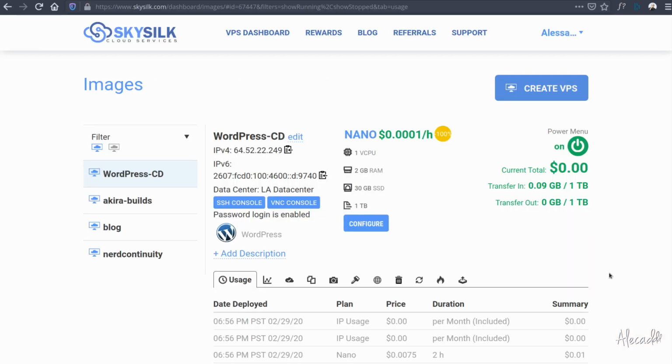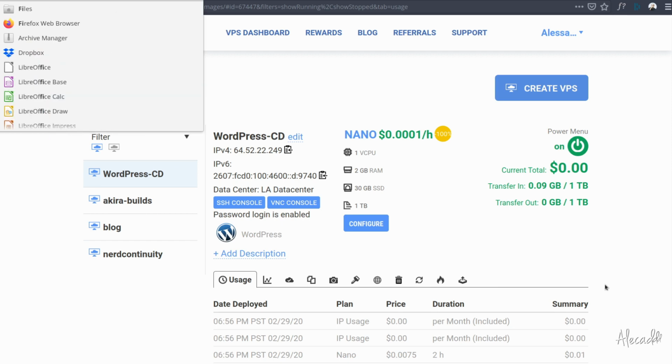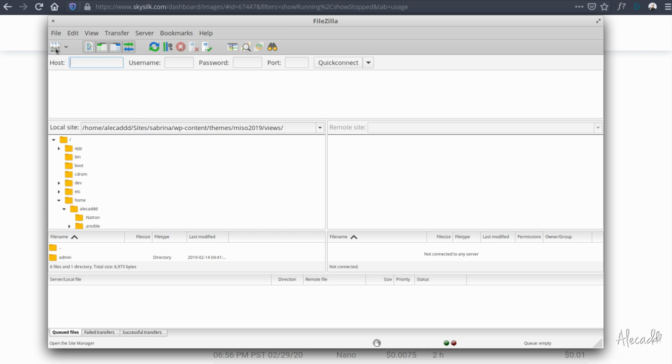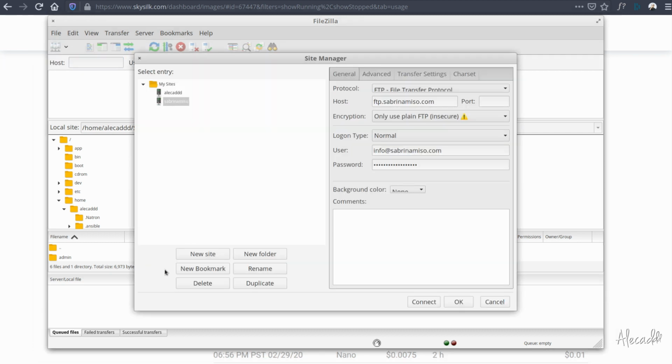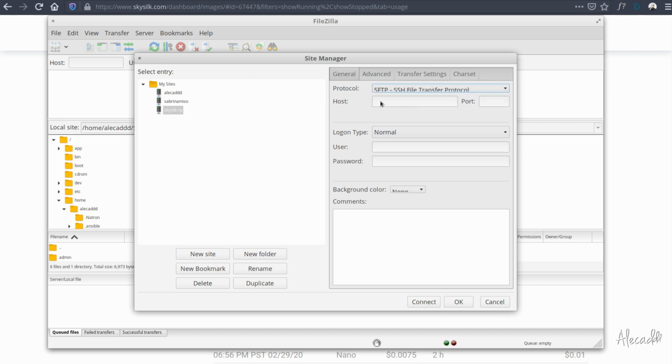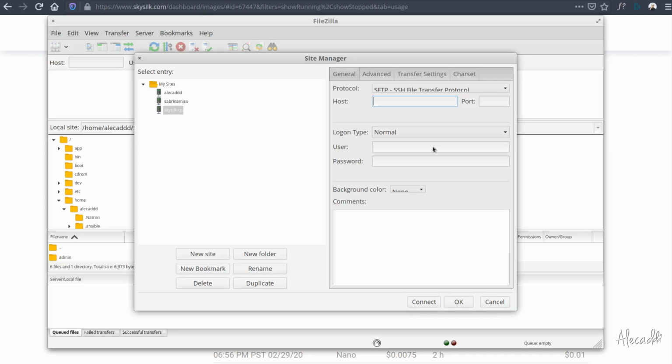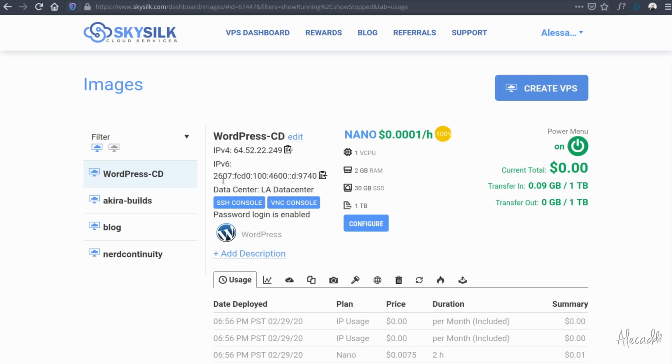So let's do it. I'm gonna open FileZilla because it's the FTP client that I like to use, but you can use whatever FTP client. I'm gonna connect to my newly created SkySilk WordPress website. So I'm gonna call this connection SkySilk-WP, and I'm gonna have an SSH transfer protocol. The host, I can simply copy the unique IP address, which is the host of my SkySilk installation. The username is root because I didn't specify any username, and actually all this information you can directly check